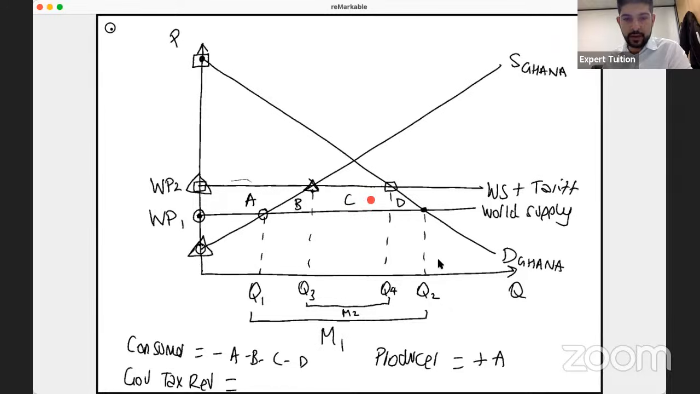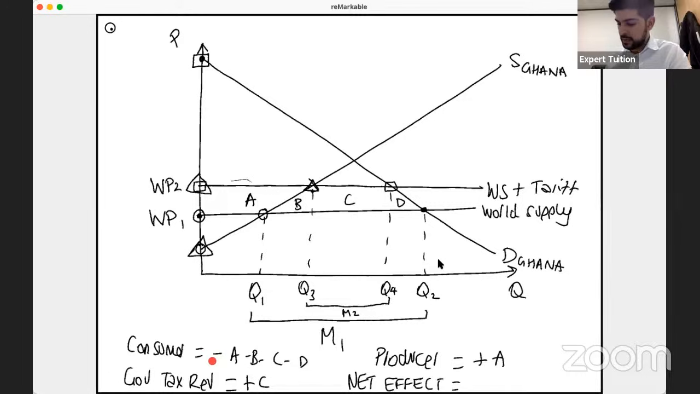It is this area, area C. Can you see that? Because the width of the area is the level of imports. The height of the area is exactly the tax, the tariff. The government therefore gains C. Now the net effect, if I were to go through all of the different components here,